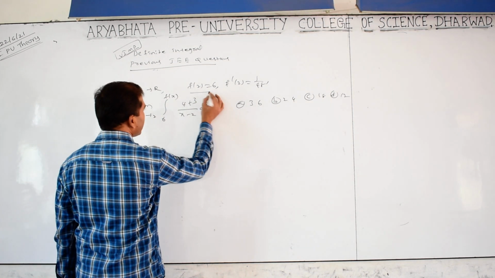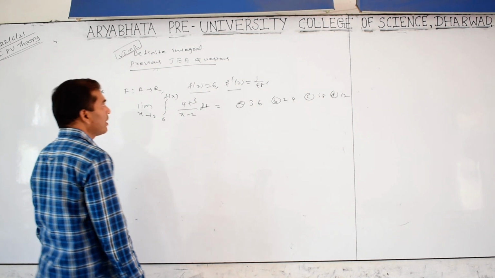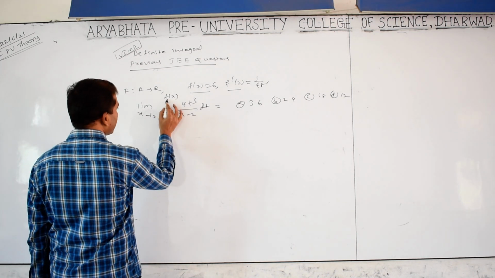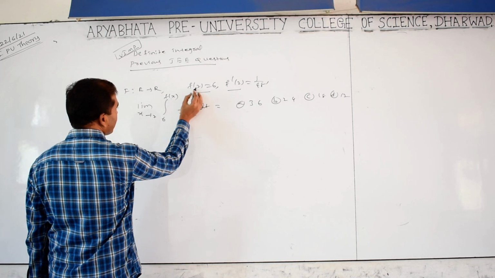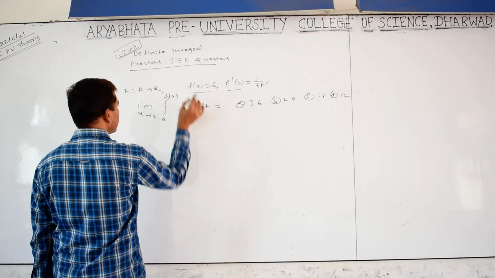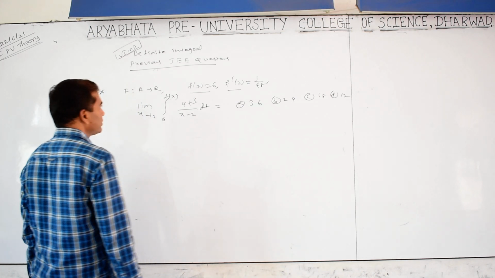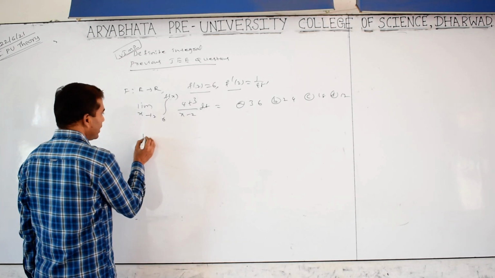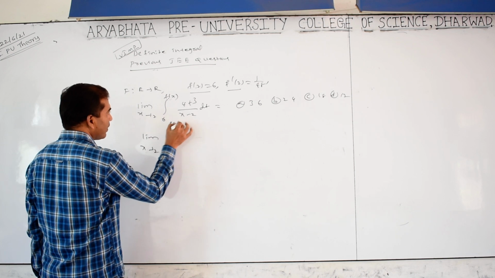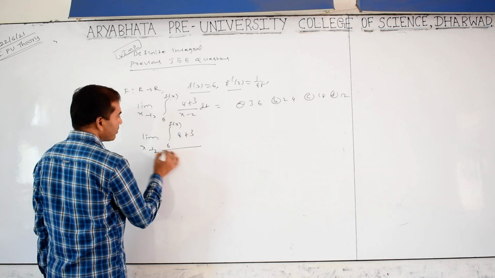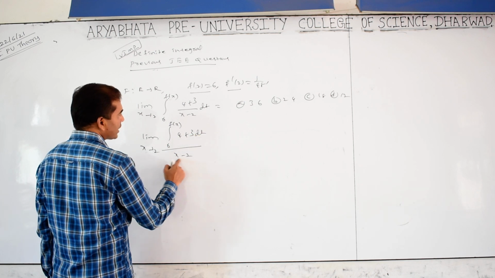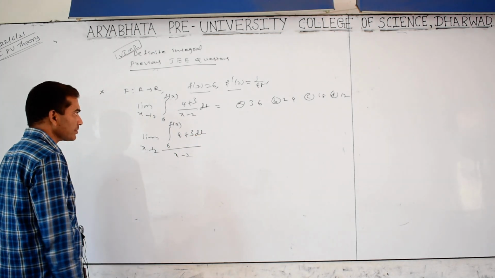f(2) is given, f'(2) is given as 1/48. If you put x = 2 in f(x), f(2) means 6. The lower and upper limits are the same, so the whole integral is 0, which gives a 0 by 0 form. So we can write the limit as x tends to 2 of the integral from 6 to f(x) of 4t^3 dt over (x - 2). Because these t limits are in x variable, we can take them out here.